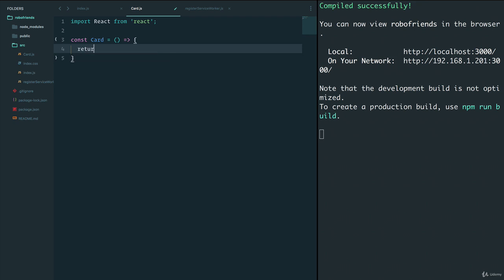And this will return some brackets, and within here, we'll say that it has a div. Within this div, we'll have an image, and this image will have some sort of a source that we don't know what it is yet, so we'll just keep it the way it is. Closing tag, and we'll have another div